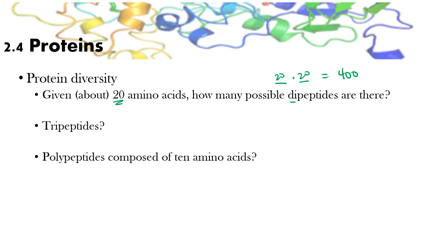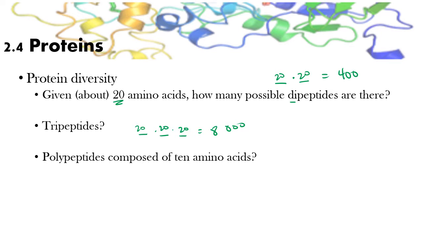And now I didn't account for the repeats that can go backwards and forwards the same way. But there are about 400 different dipeptides, just looking at combinations of two amino acids. If I now talk about tripeptides, there are 20 possible amino acids for each of those pieces. Now I'm going to use my calculator for this one. 20 times 20 times 20 is going to be 8,000